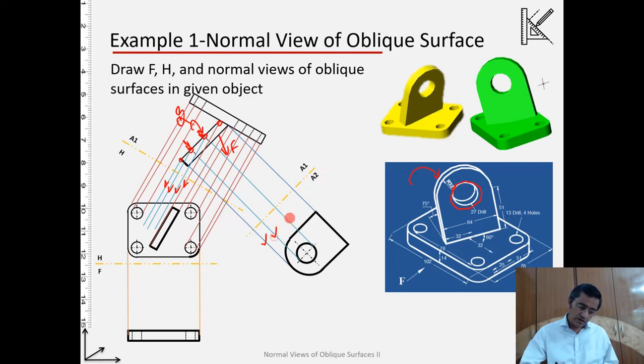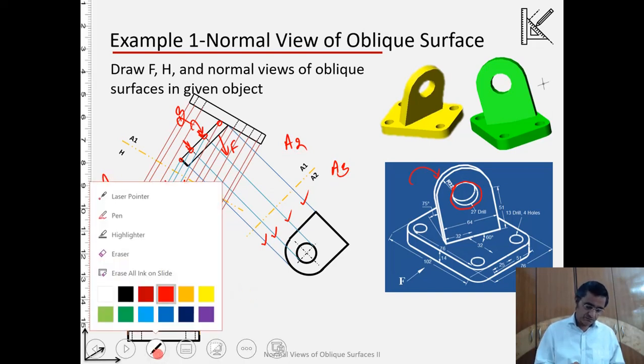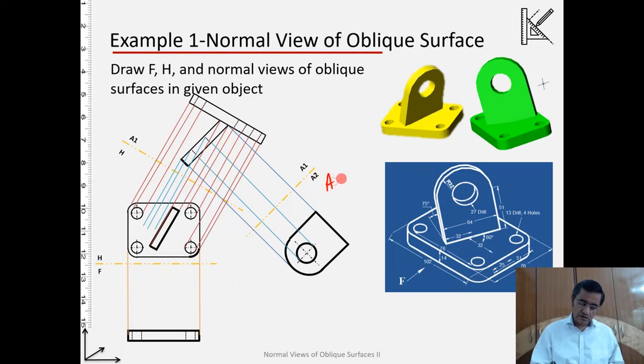on here, okay, because as per our definition, if I go back to the definition, this is A3, this is A2, and this is A1. Or rather, I will change it. This is our A3, where we are projecting the thing, where we are finally making the projection. A2, from where we are drawing the projectors. A1, from where we are taking the distances. So these are the projectors coming from A2. Projection will be made on A3 with the help of the distances which we are measuring on A1.